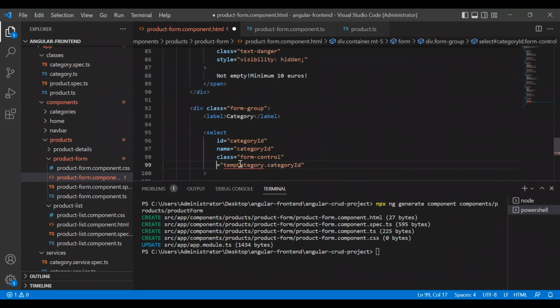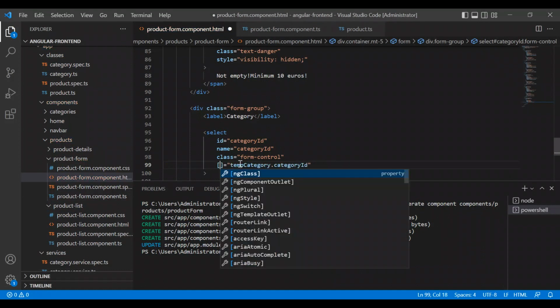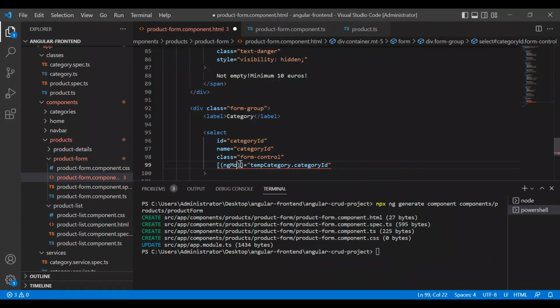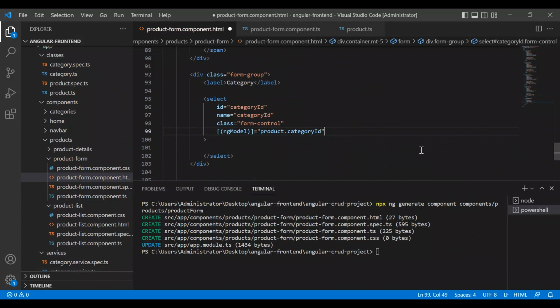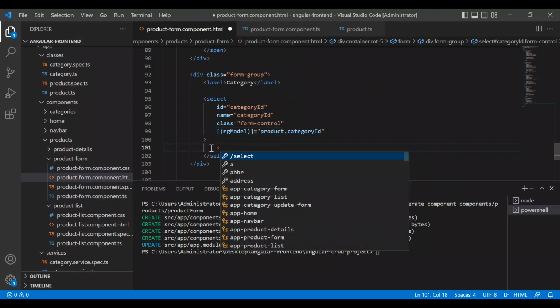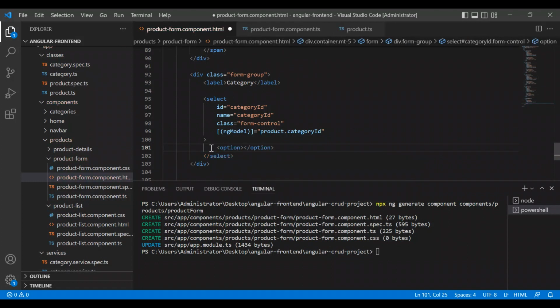But it will not be value, it will be also ngModel here. And it will be product.categoryID. And we will have the value in the option. Now let's have the option, and let's have default value first